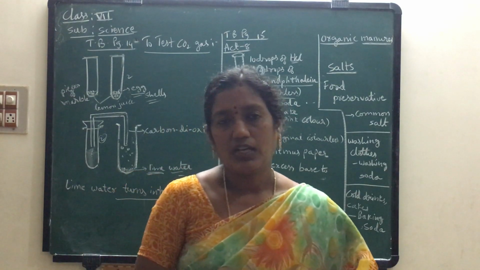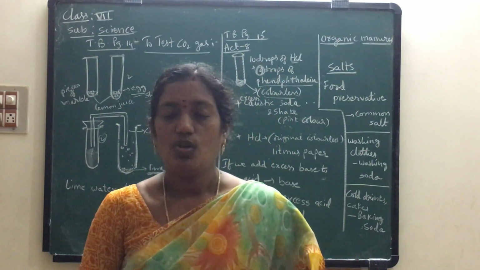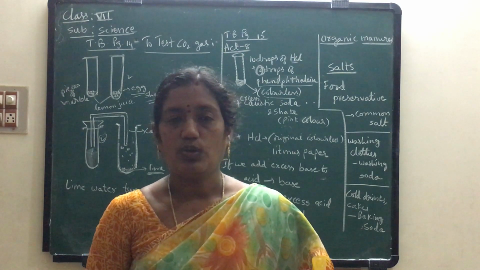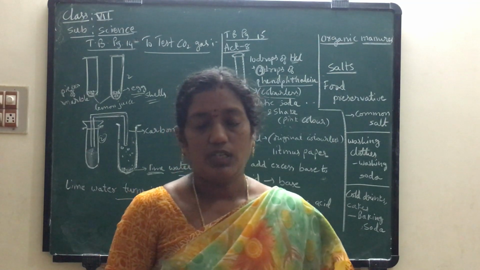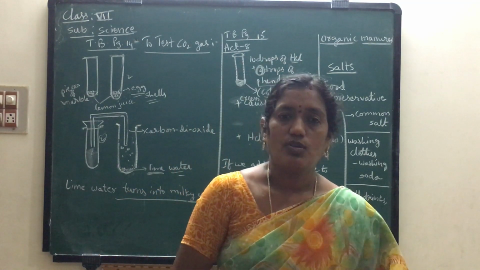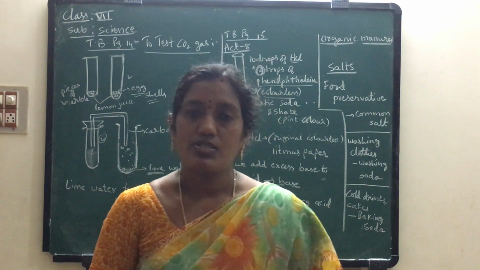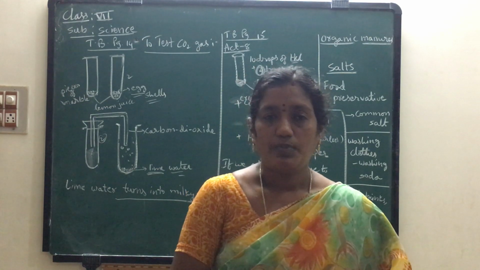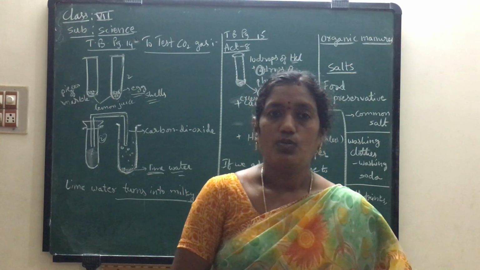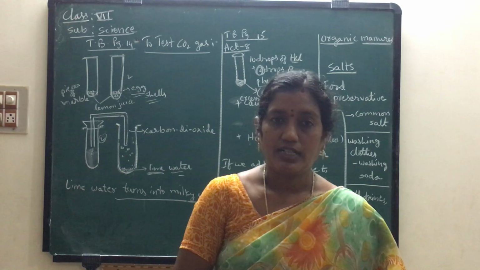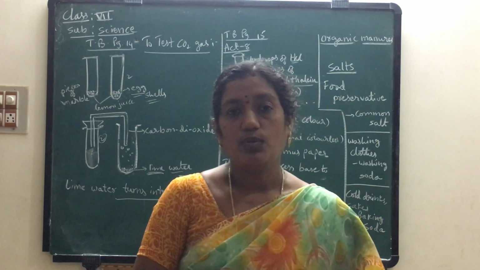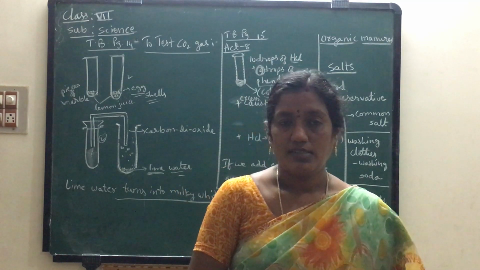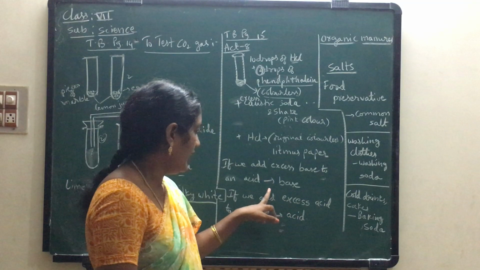Suppose you don't know which indicator changes into which color, then we have the litmus paper test. You can take the blue litmus paper and put some drops of this solution on it. Suppose that blue litmus changes into red, then that is the test for acid. Suppose you take the red litmus paper and pour some of the solution on this red litmus paper. Suppose it turns into blue color, then that is the test for a basic solution. Okay children, this is where we have come up to now.